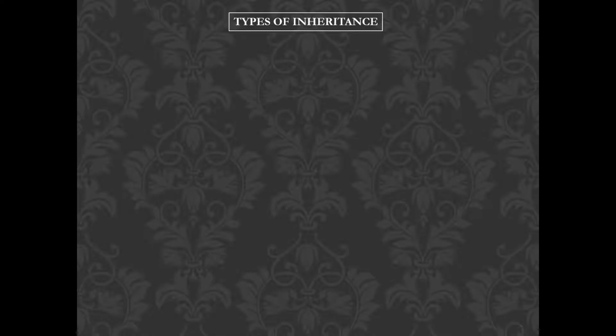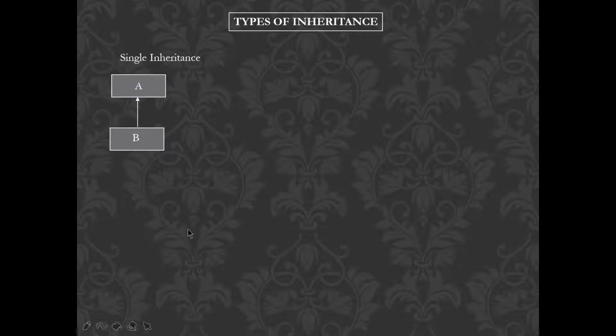Now we'll see the different types, or different ways, inheritance can be achieved. The first way you can achieve inheritance is single inheritance. Single inheritance is nothing but one class getting the properties of one more class. That's it. So this can be a class or this can be an interface. This is an example of single inheritance. Okay, so this will be diagrammatically represented like this.